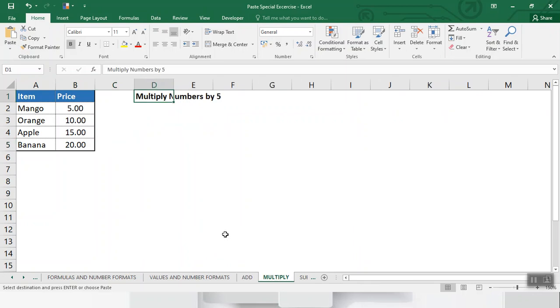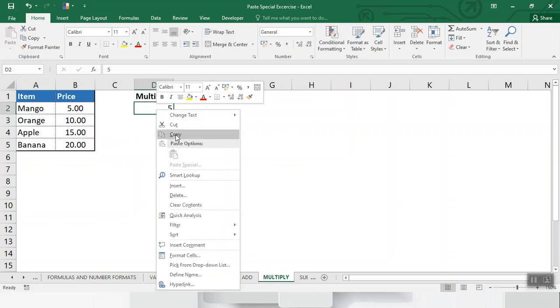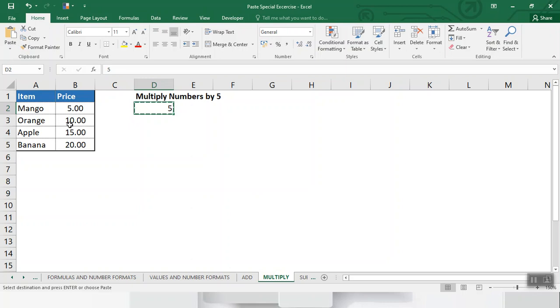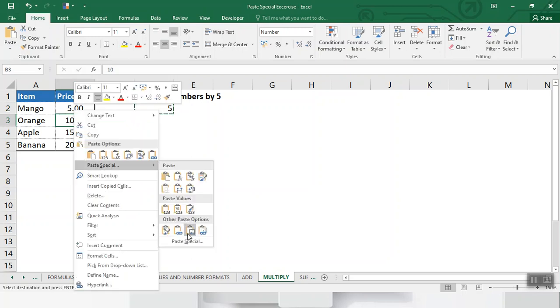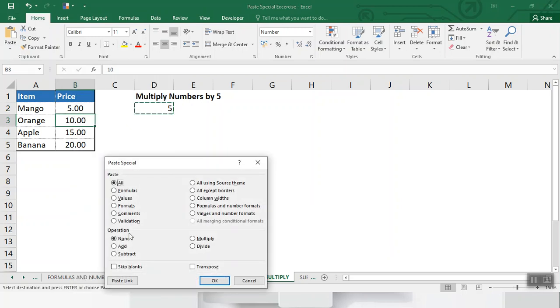Let's take another example of multiplying numbers by 5. Type 5, right click, copy, and I want to multiply the orange price by 5. So go to paste special option, and multiply, and same as it is.